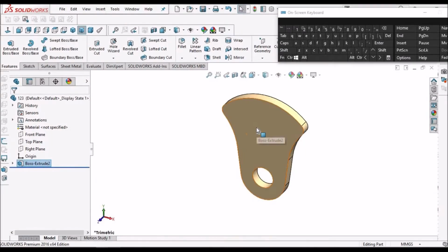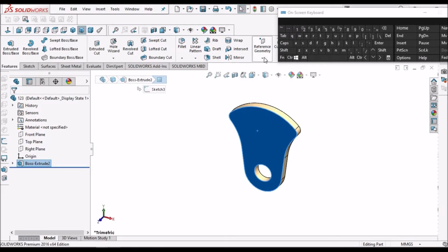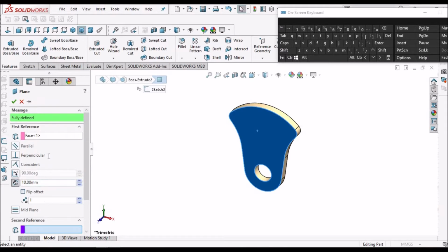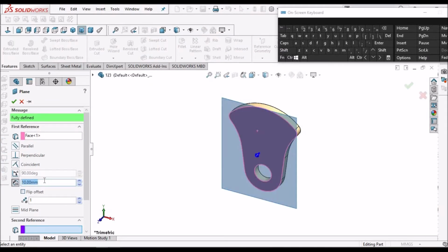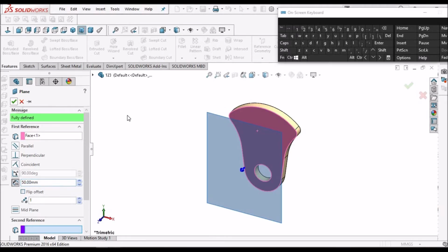So we have to create a plane from this face to some offset distance of 50. Say OK.